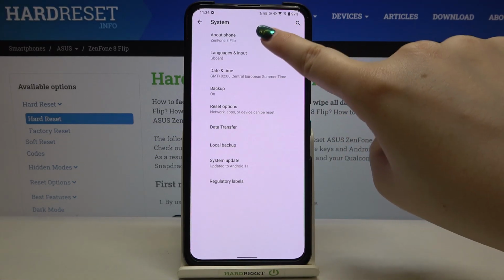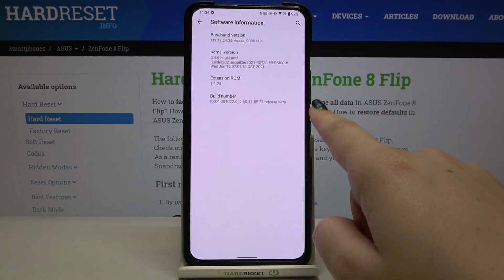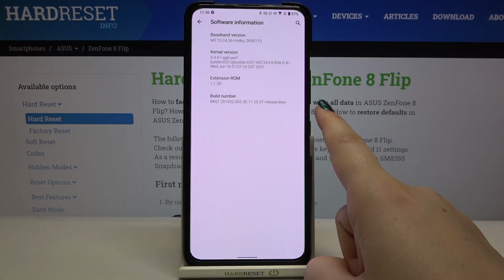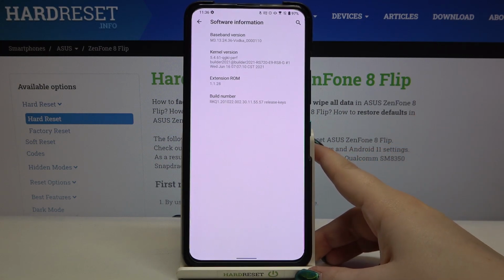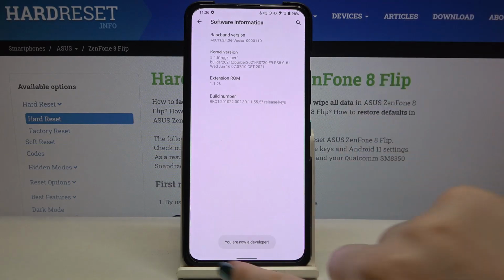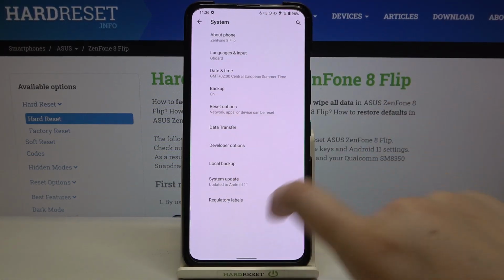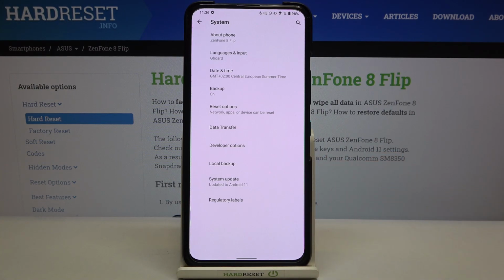Now let's enter the About phone, and now tap on Software Information, because here we've got the number we are looking for. The build number will help us to turn on the developer options. All we have to do right now is simply keep tapping on it until you'll see that you're in developer mode. So we can go back to the System settings right here, and the developer options will appear right